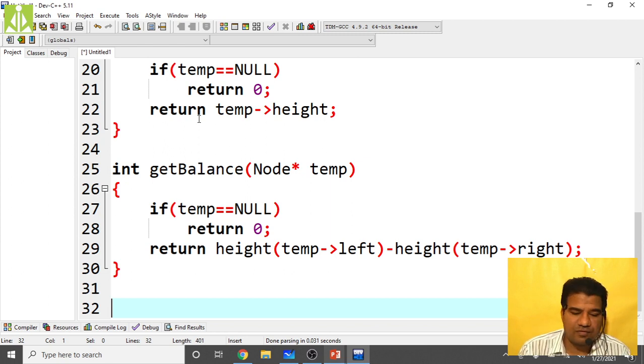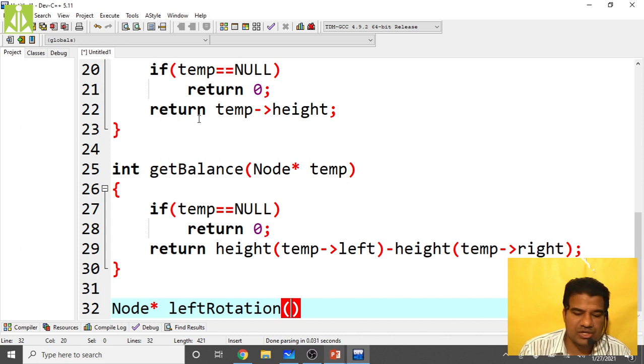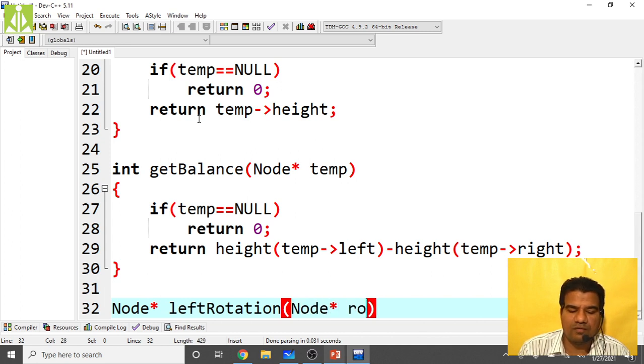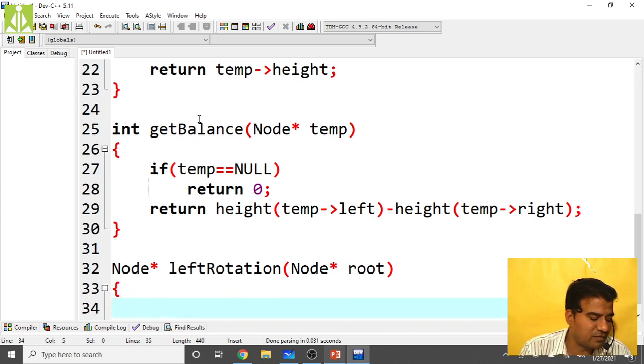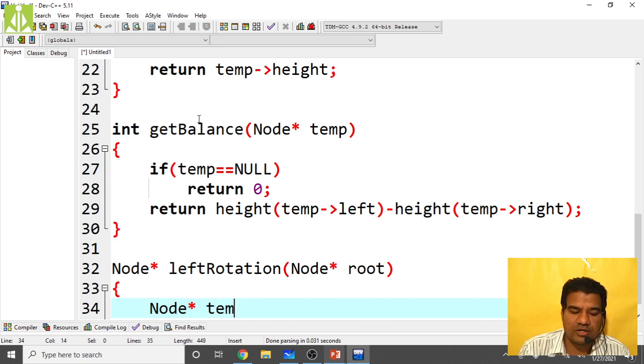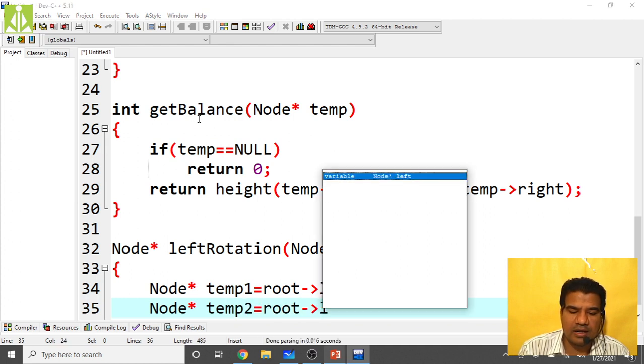Okay, so the first type of rotation, node star left rotation. We are writing the code for left rotation, and the node on which we perform it, we call that node the root node. On the root node, we need to take two temporary pointers: temp1, which should be root of right, and another, node star temp2, which should be root of left.